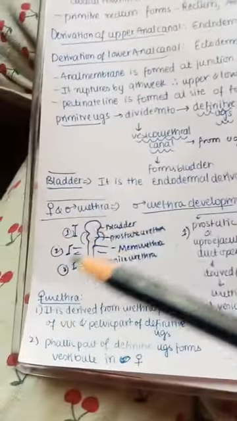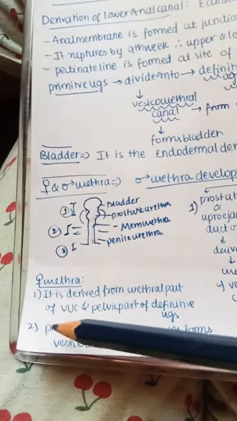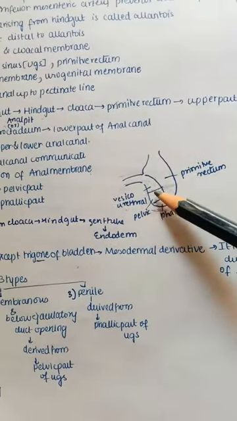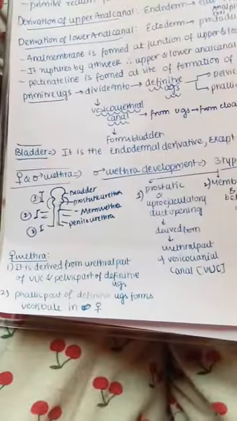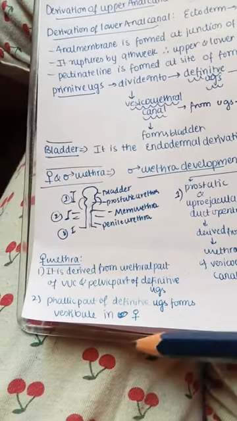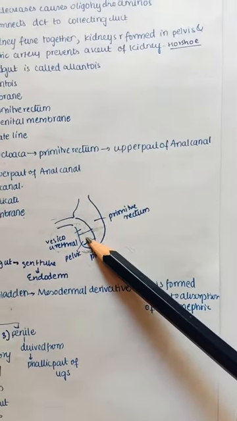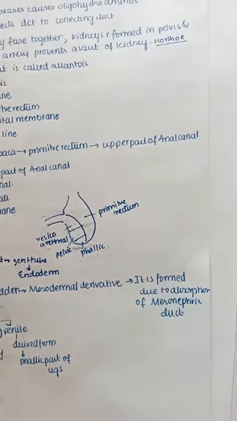So let us see female urethra formation. It is mainly derived from the urethral part of, of course, the same vesico-urethral canal, and also from the pelvic part of the definitive UGS. So only these 2 lead to formation of the urethra in the case of female, but in male all these 3 lead to formation of the male urethra. The phallic part of the definitive UGS forms the vestibule in female. So as we said, these 2 parts form mainly the female urethra, and the phallic part also leads to formation of the vestibule in female.